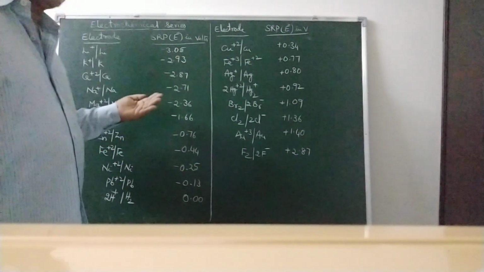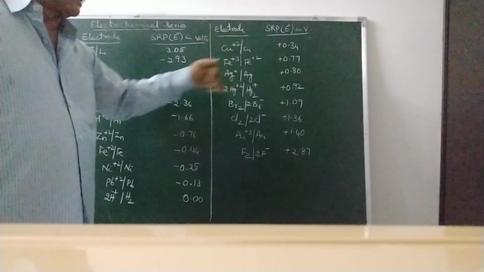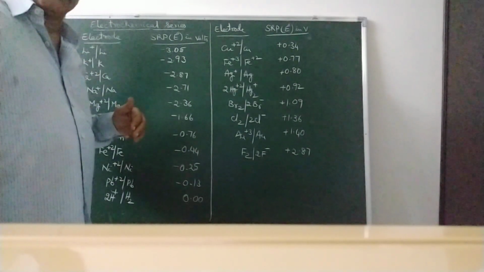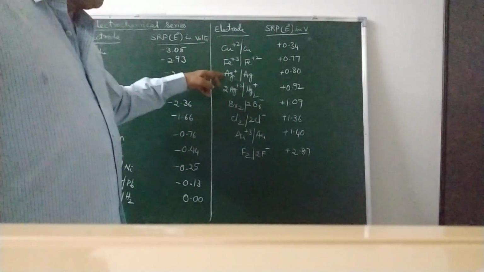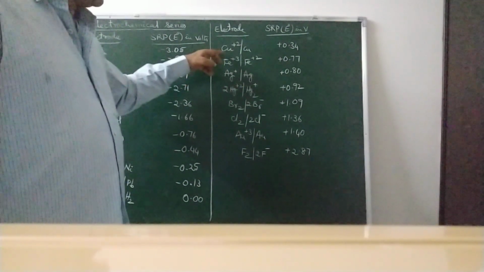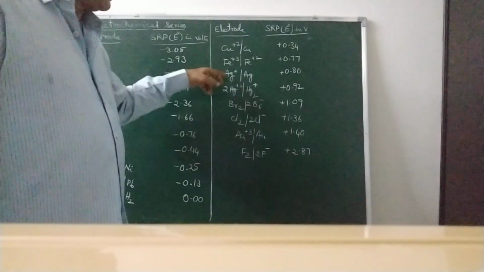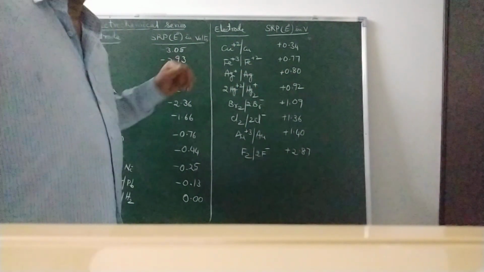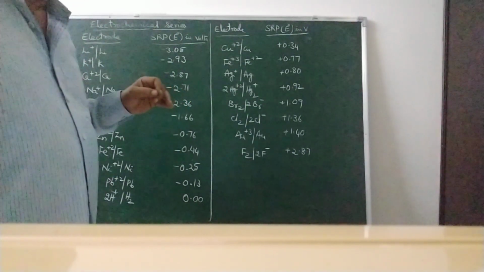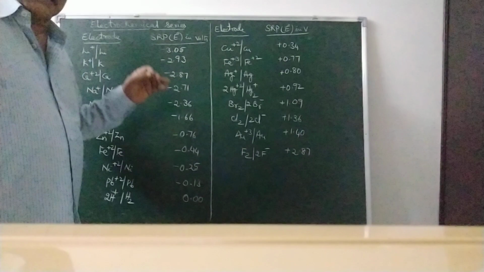So, the zinc electrode acts as an anode and the copper electrode acts as a cathode. In a similar way, we discussed the copper electrode and the silver electrode. As copper has a lower positive value, it acts as the anode, and as the silver electrode has a higher positive value, it acts as a cathode. In this way, we can say which one acts as cathode and which one acts as an anode.